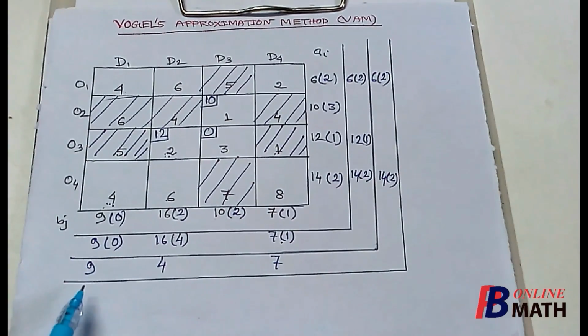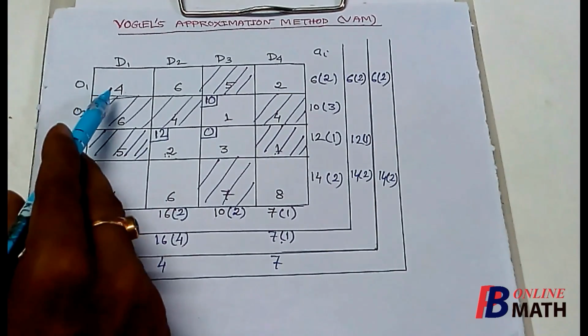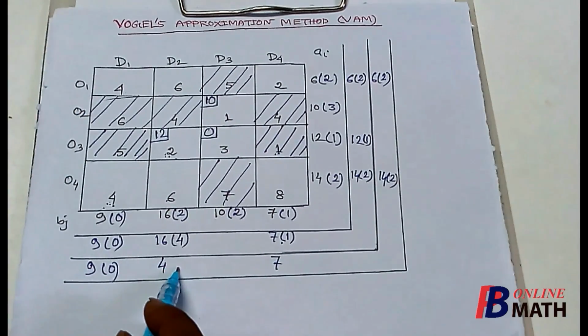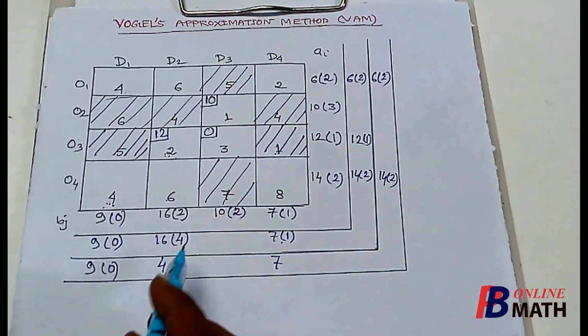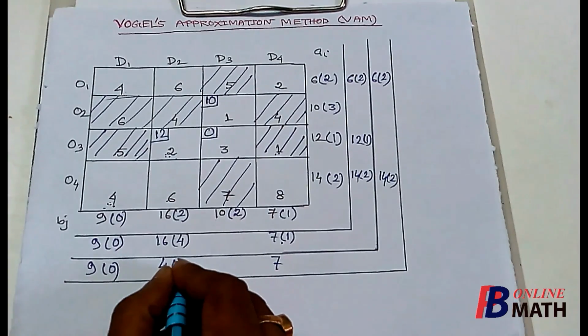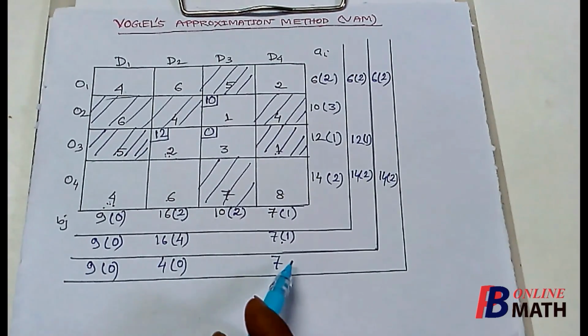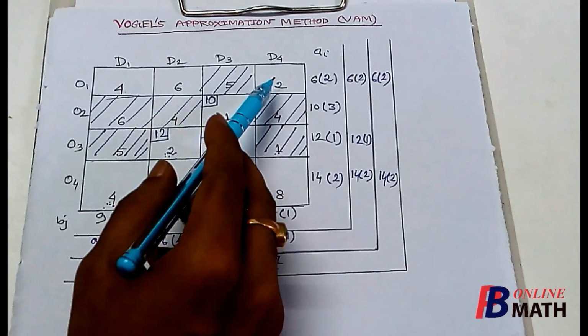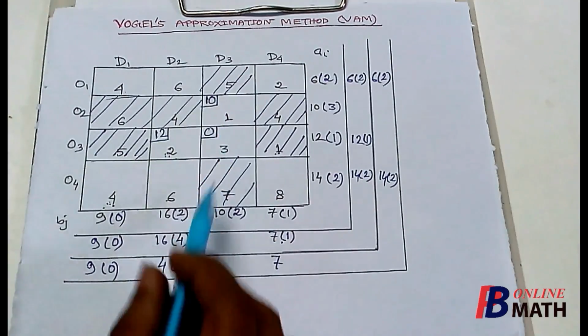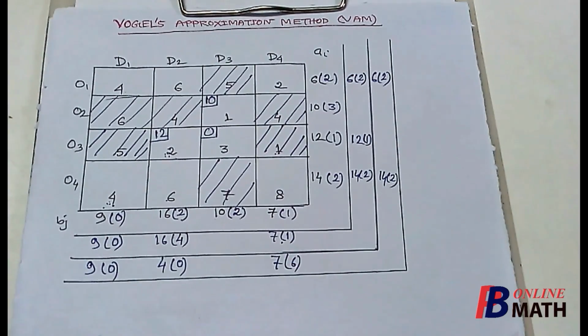From the first column we find that the minimum cost is 4, next minimum is 4, so difference is 0. From the second column we find that minimum cost is 6, next minimum cost is 6, so the difference is 0. And from the final column we find that the minimum cost is 2, next minimum cost is 8, so the difference is 6. So if we consider the differences, then we find that the maximum difference is 6 corresponding